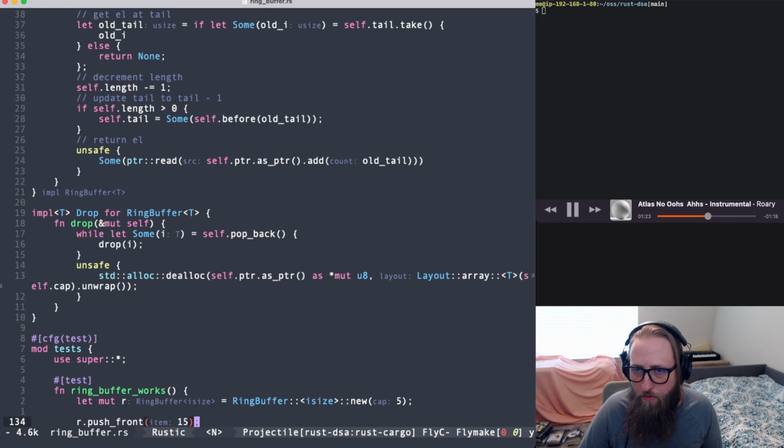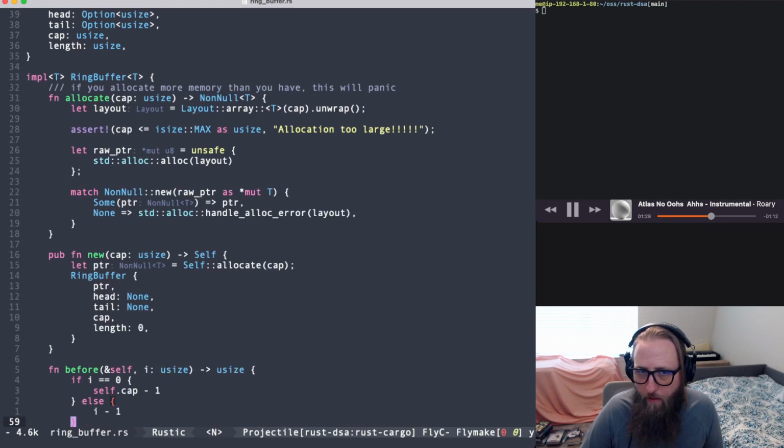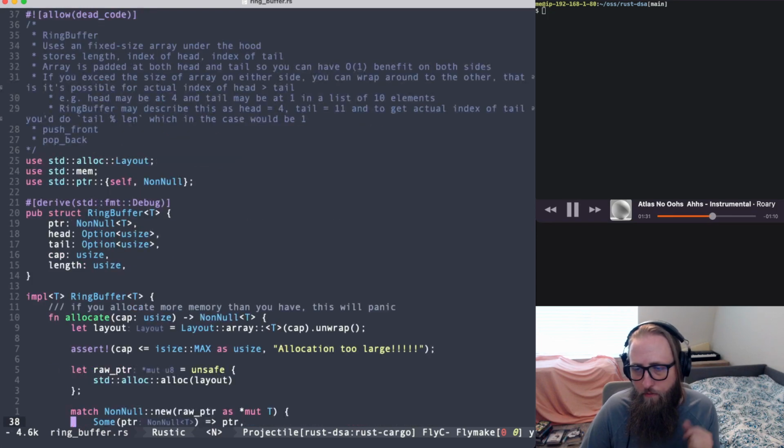And we are going to do this. We're going to implement several traits to give this some more functionality. So just to go over what we started with, we have a basic RingBuffer. We have our struct that keeps our main public type, and in our impl we have a basic function allocate. That's a private method, and that's actually handling our allocation for us. We are just allocating right away